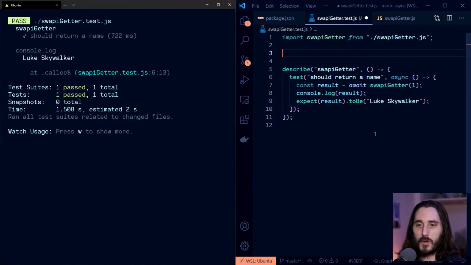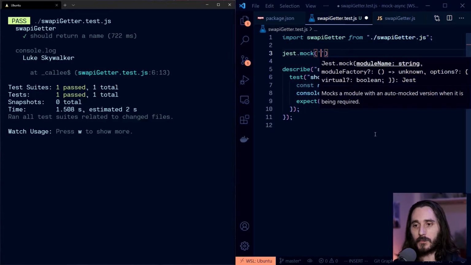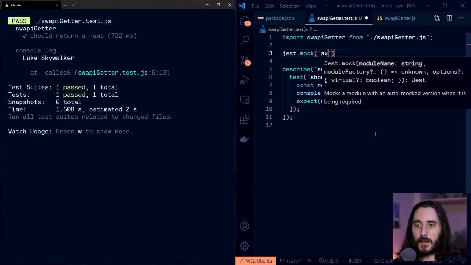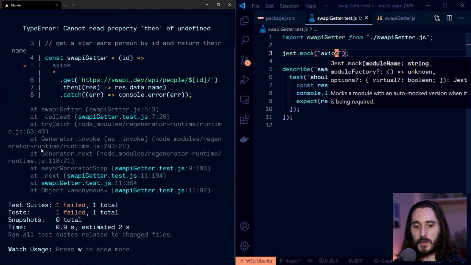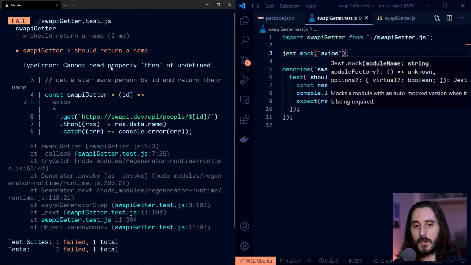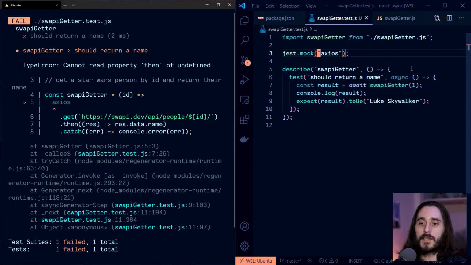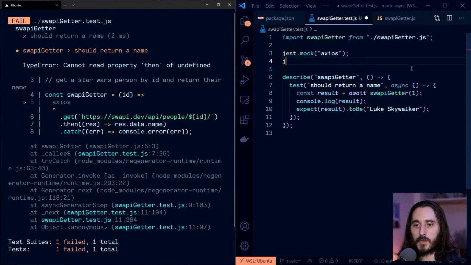So let me show you what that looks like. I can do a jest.mock, and since I'm in a test file, I can just call jest here. It'll be in the environment when the test is running, and I can just type axios. You'll see that fails, but what it says is "cannot read property then of undefined." So what happens when you do jest.mock? There's actually a thing called jest.fn where you can create